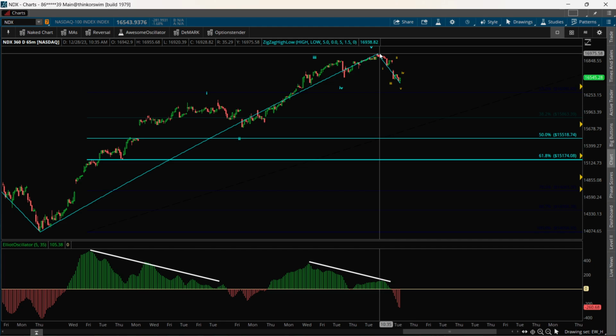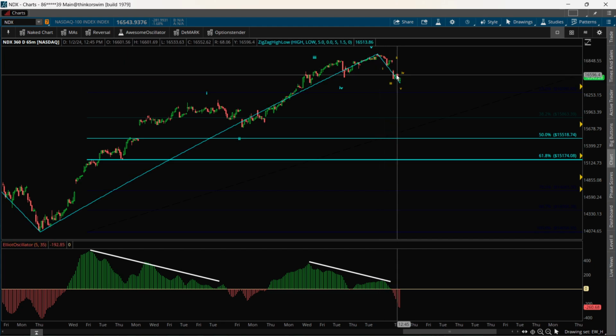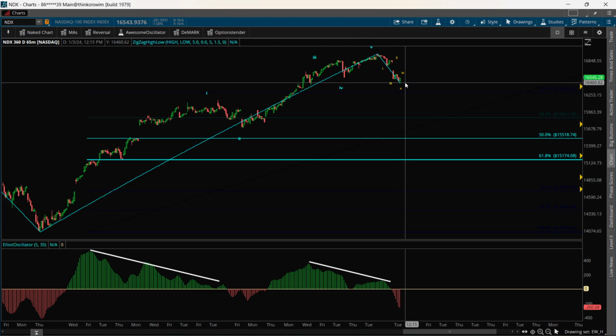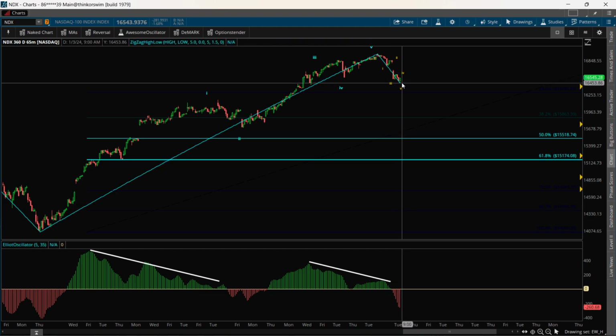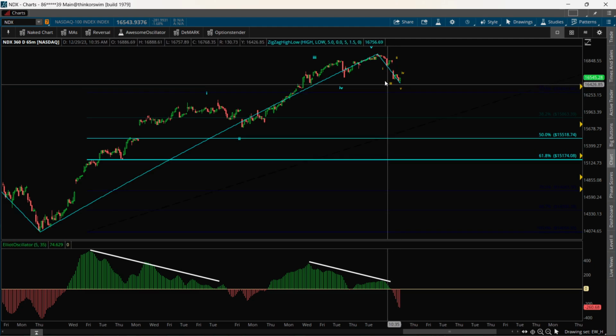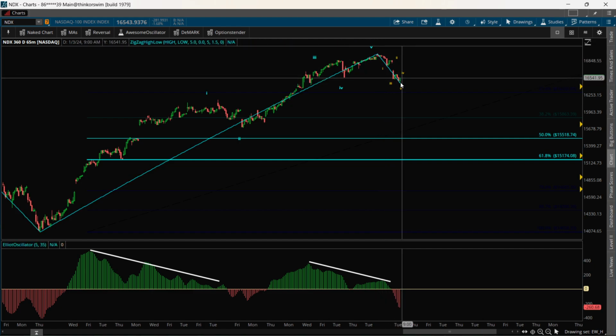I was not sure if this was a 1, 2, 1, 2 setup until the indicators on the 65-minute started to get a little bit weak on the downside. So we had positive divergence, and that's what I'll show you on the SPY and QQQ. So that's our structure. I do think we have our impulse move here, so we possibly correct tomorrow